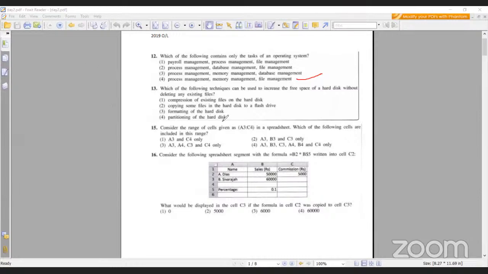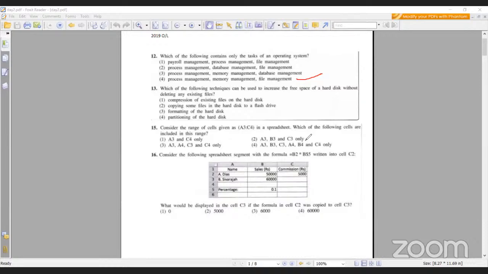Okay, next question. Which of the following techniques can be used to increase the free space of a hard disk without deleting any existing file? Compression of existing files on the hard disk is there. Copying some files in the hard disk to a flash drive. Formatting of the hard disk. Partitioning of the hard disk. Which of the following techniques can be used to increase the free space of a hard disk? You need to